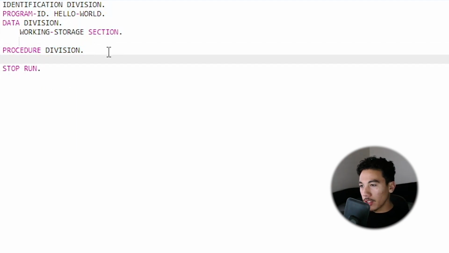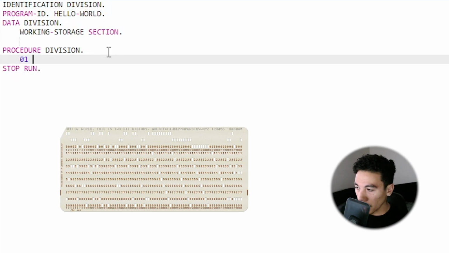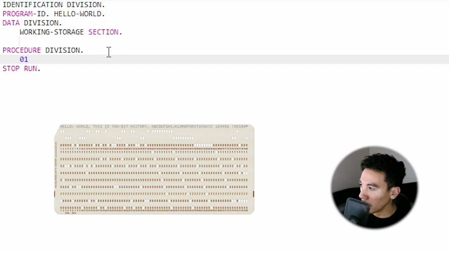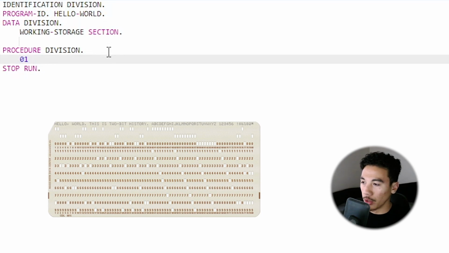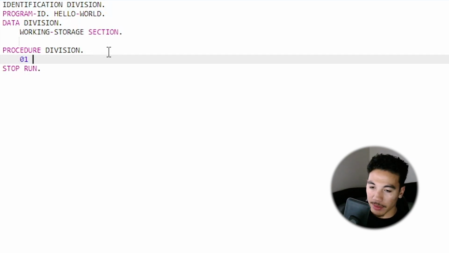So let's make some variables. First I'm going to do this 0, 1, which I'm not really even sure why we do this. I know it has something to do with like punch cards or something. Basically back then when programming first came about, people would write line by line what they were doing, and it would be structured by these numbers. So you'd have like 0, 1, 0, 2, 0, 3, and so on until the execution of your code, which made it really funny because if you messed up on like line 900 and you gotta take out line 900, everything after that has to be shifted back. You gotta rewrite the whole program basically.